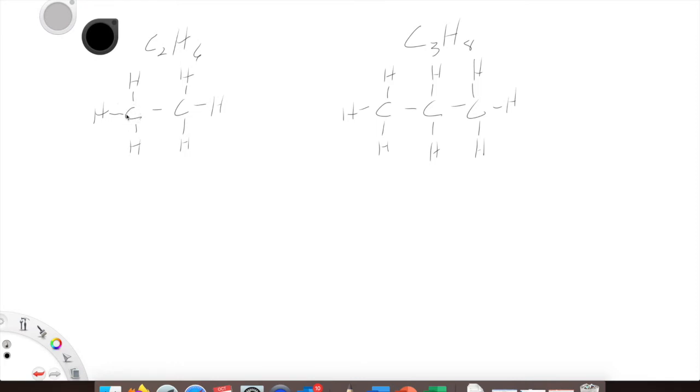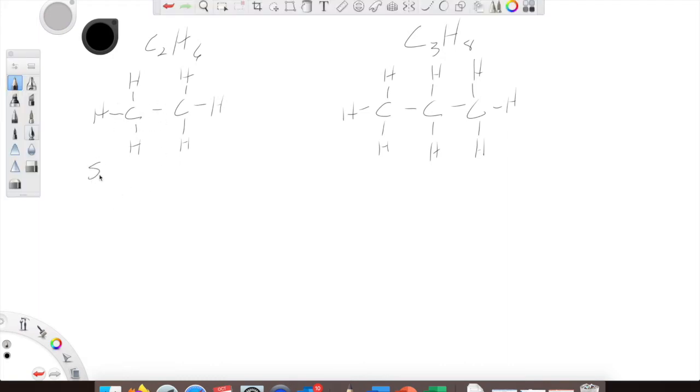So for this carbon, the first one here, we have 1, 2, 3, 4 single bonds, right? So therefore we have 4 electron domains. We have a steric number of 4. So a steric number 4, all of these 4 are single bonds. That gives us a tetrahedral electron configuration around this carbon. So we've got a carbon,